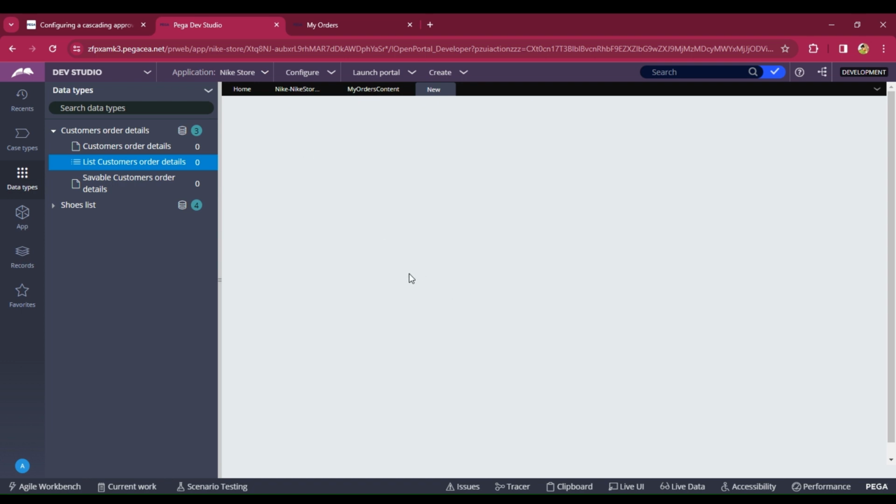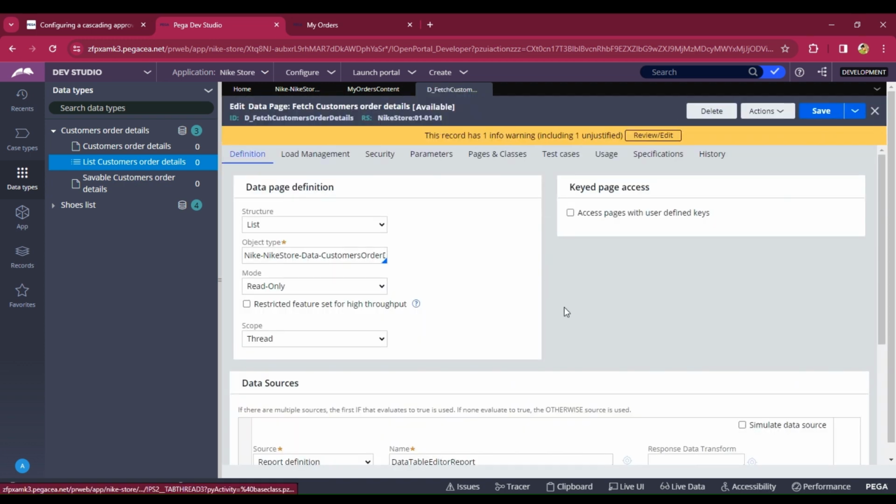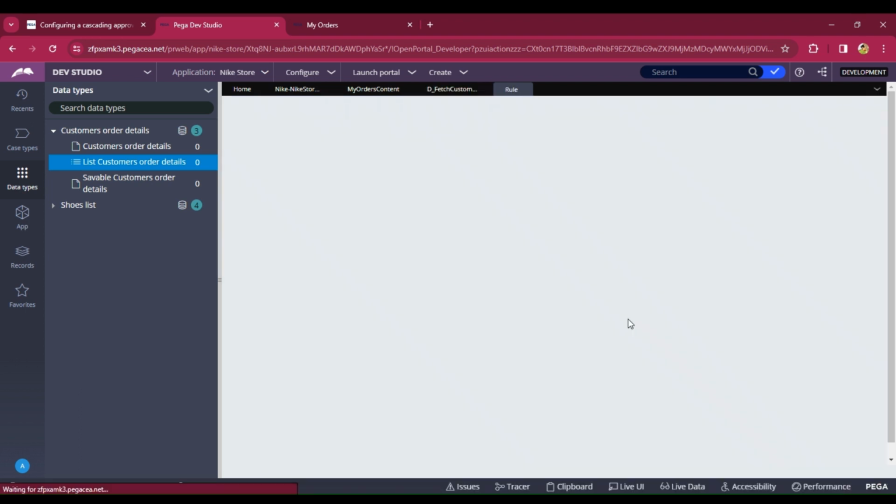I'm just cloning the existing list page, and here this page name is fetch customer order details and create and open. And here there is a report definition. Just open the existing report definition,